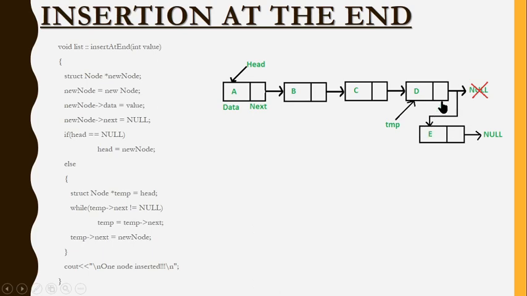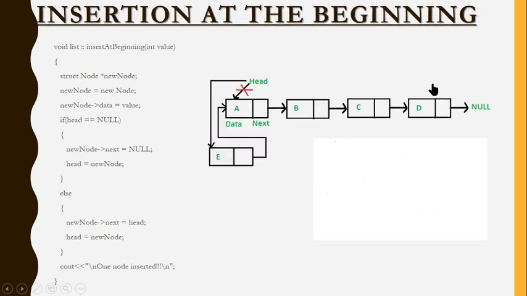Now I need to bring this link. This D and E should be linked. So how it is going to be linked? I'm bringing B's address here, C's address here, D's address here. The same way E is going to be the next node. I need to bring the E's address here. So this E, this node's address should be placed here. So if I want to create this link, we know the node's name for this new node. We are given something as new node, that's our node's name. Do we have a name for this particular node?